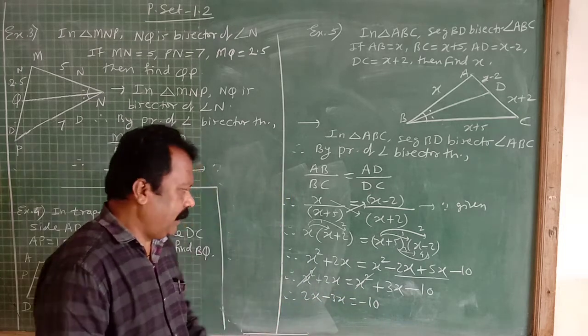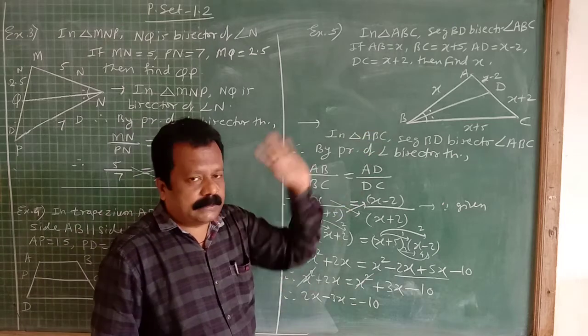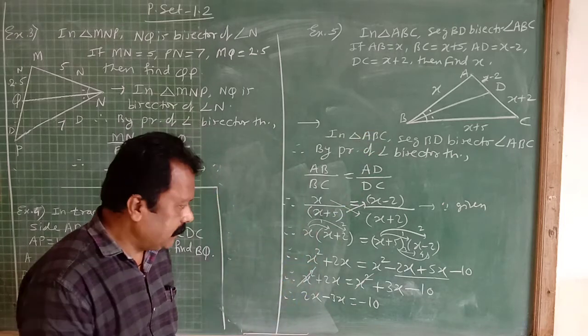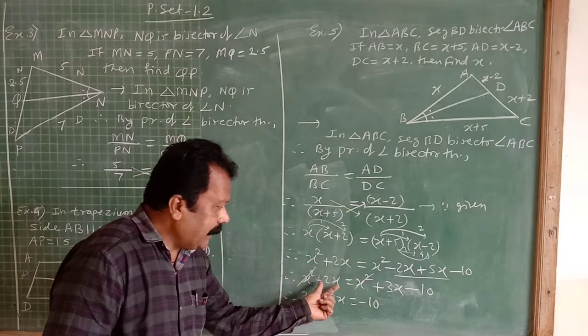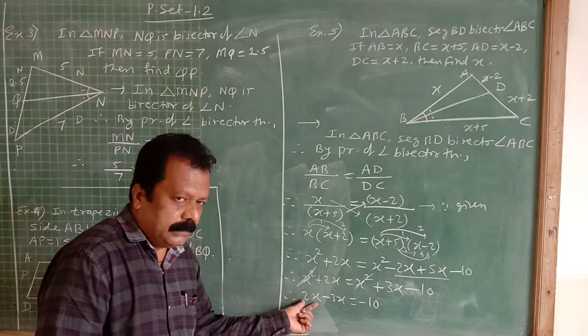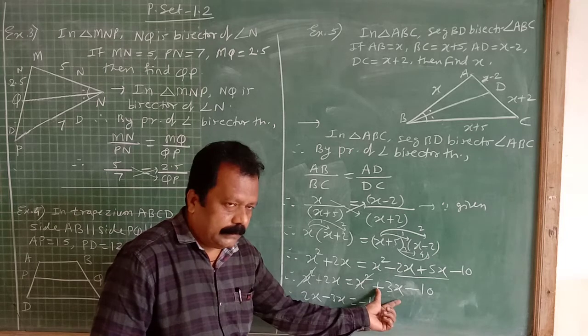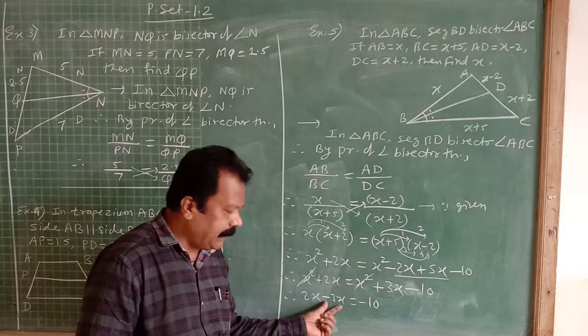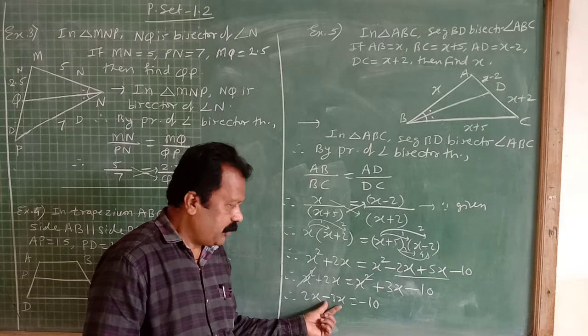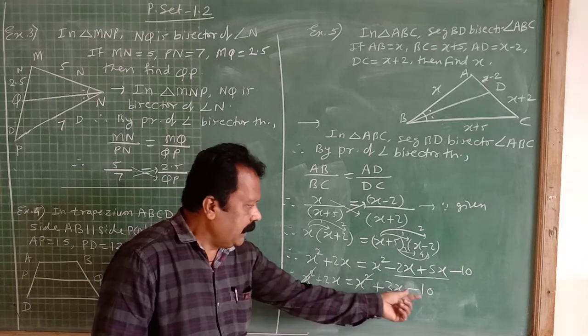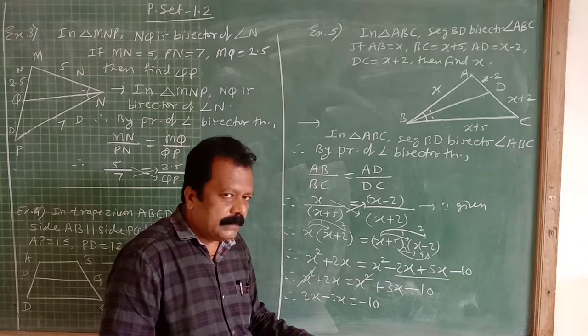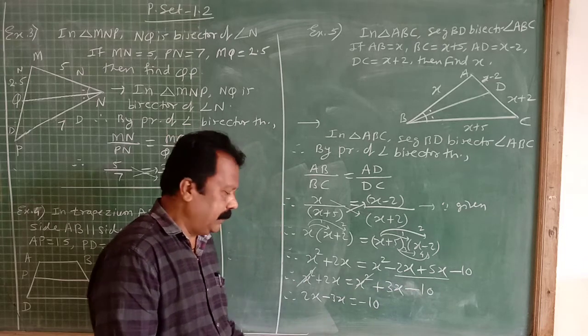Again try to understand. We have to find the value of x. Keep in mind our target is this. Now we want x and this plus 2x keep adding at the left side of this equation. Now this we don't want at right. So plus 3x after going to the left side, minus it will become. So minus 3x is equal to this, minus 10 remains as it is. This is not moved, so as it is.